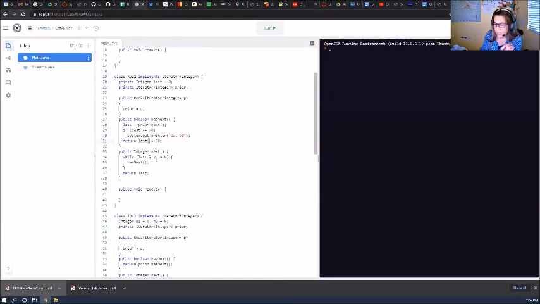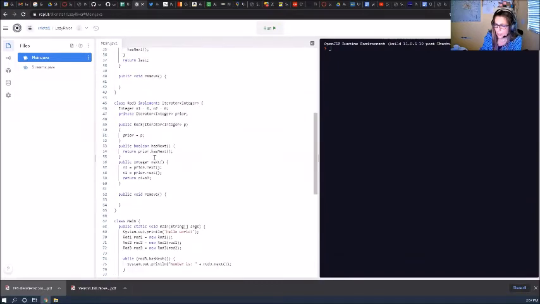Otherwise, it checks if it's even, so it ensures that it's even, and then the third one remembers the prior 2 numbers, actually gets 2 numbers from the stream, and returns the sum.